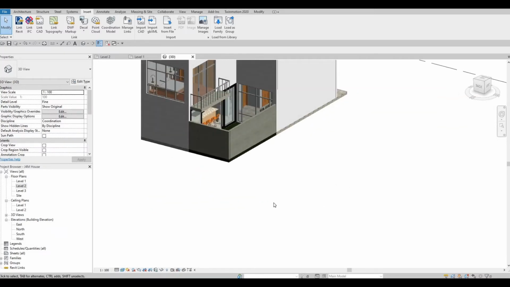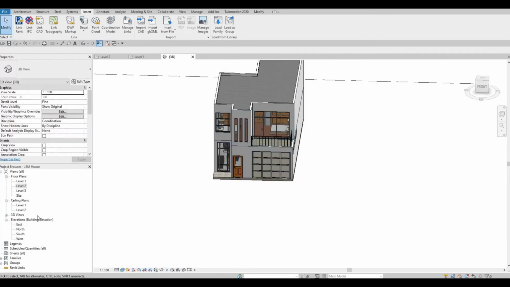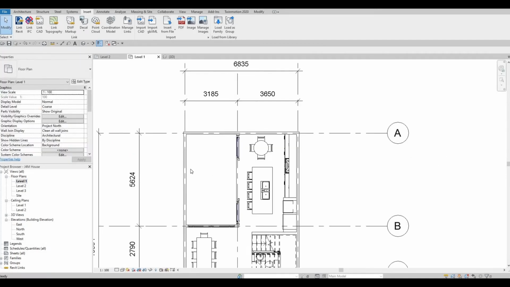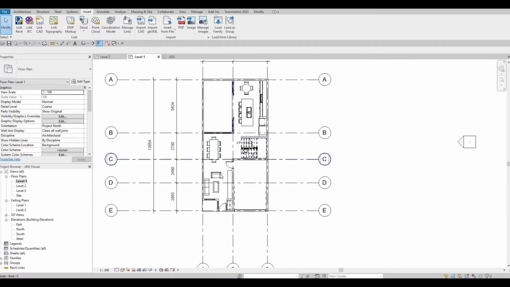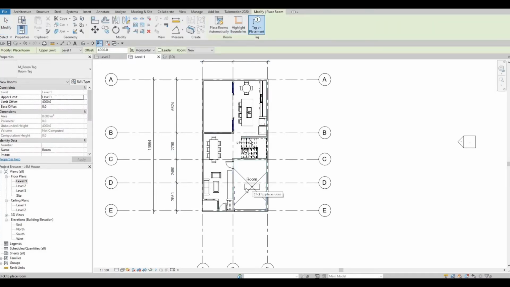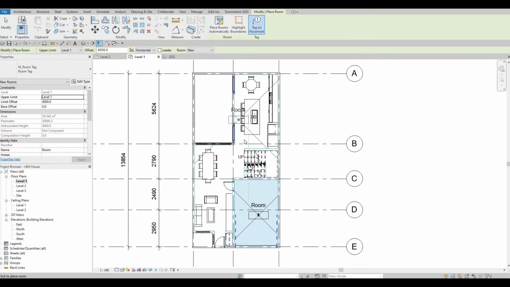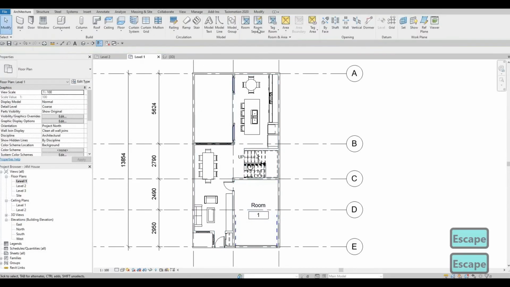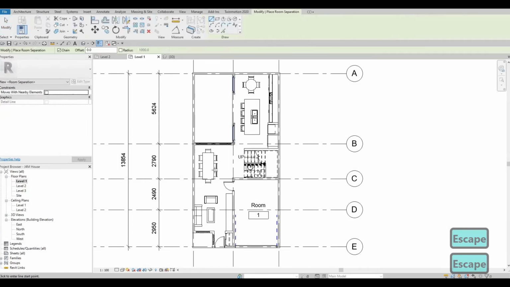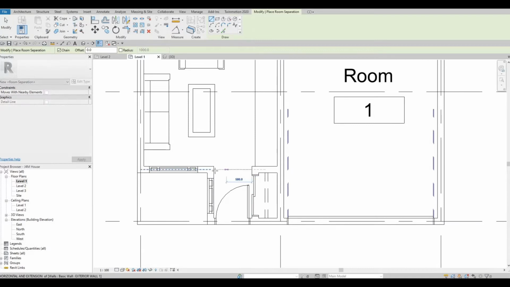So now I'm just looking, just checking, and then let's go to level 1 again, and here I want to tag all the room names, so we need to go to architecture, click on room, and we need to keep on placing this one. So here what we need to do, because once we select here, it is basically selecting everything. What we need to do is press escape and then click on room separator. Now you will need to place this line